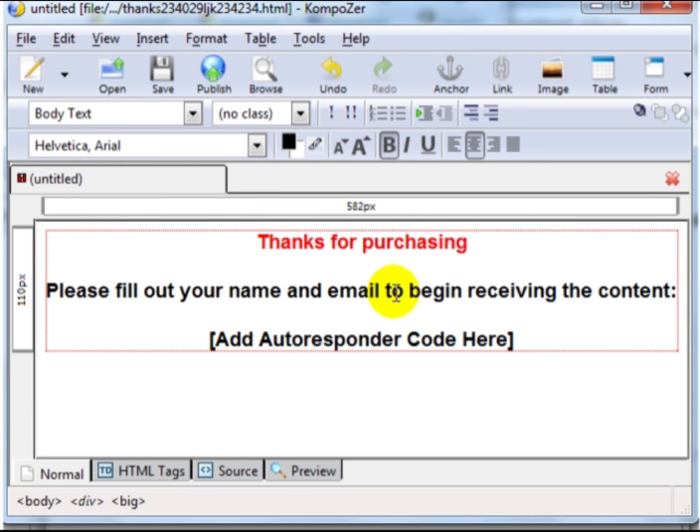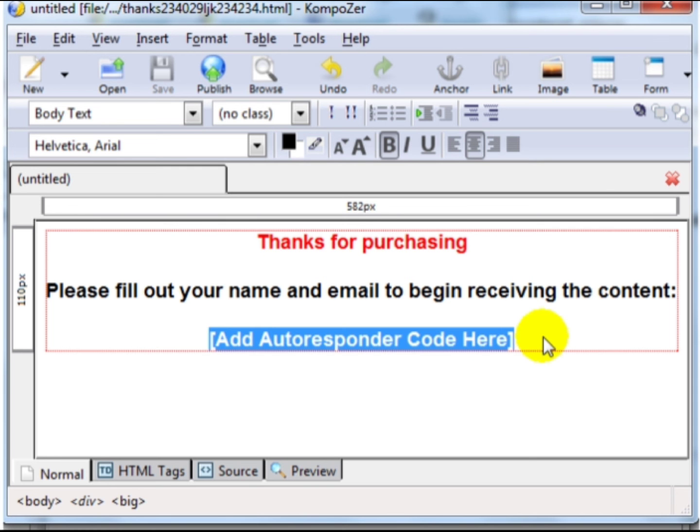And to please fill out your name and email to begin receiving the content. Now, in order to finalize the thank you page, I need to have the autoresponder code. So what I like to do